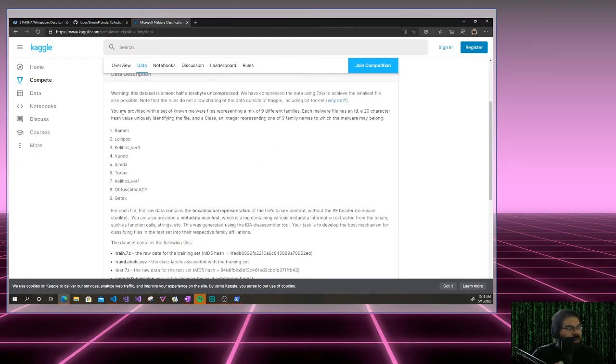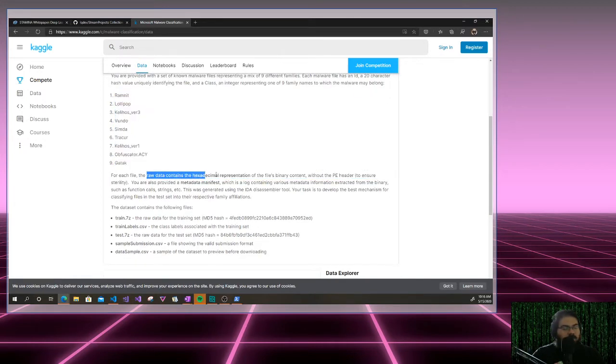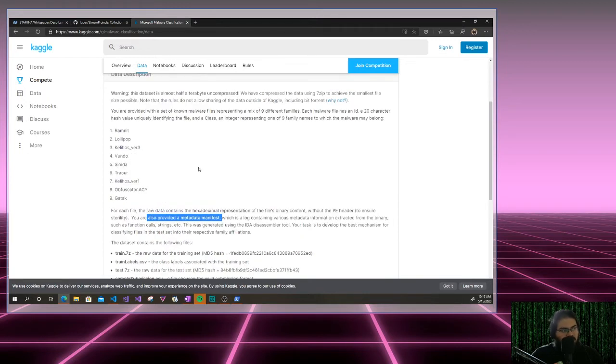Okay. And if we take a look at what the data looks like in this particular data set, it says you are provided with a set of malware files presenting 9 different families. So you have an ID, you have a hash to uniquely identify the file, and you have a class. So it's one of the 9 family names to which the malware may belong. For each file, the raw data contains a hexadecimal representation of the file's binary content without the PE header. And you're provided a manifest with metadata. So it looks like once we figure out how to convert this into an image, and how we can train an image classification model for this particular problem, we can take a lot of that same logic and apply it to this data set. I think it should be simple enough to translate without too many changes to our